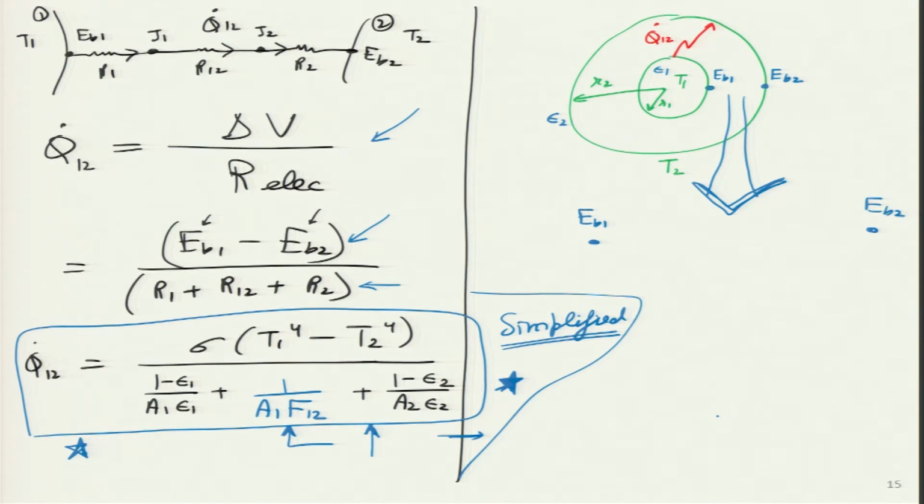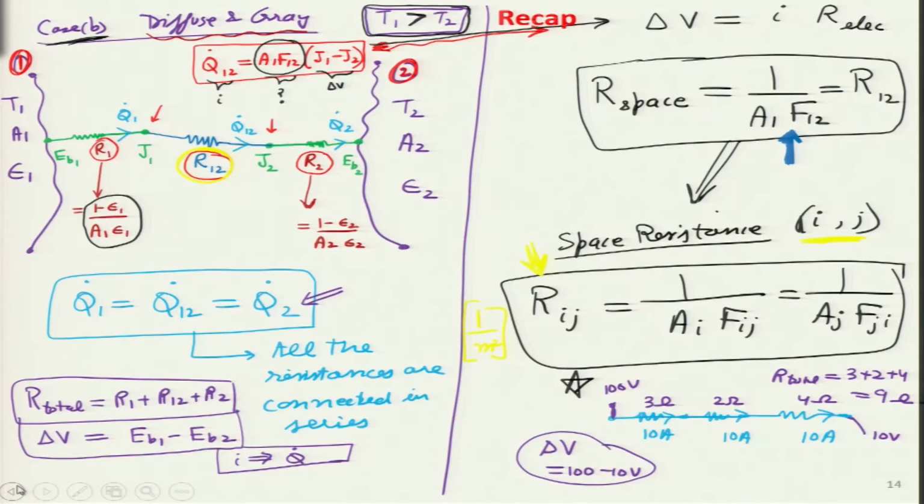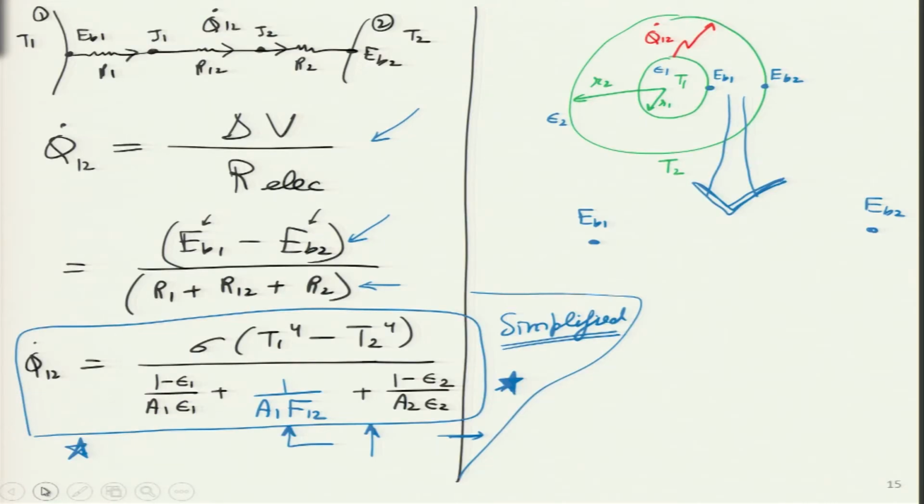I hope the students realize that what I have shown in this green diagram on the right-hand side is exactly analogous to what we were studying in the last class. So, I am putting a blue star on the left side. These two are exactly analogous. How are they analogous? Because we have these two surfaces which have certain temperatures known to us, certain areas and certain emissivities, and we have to calculate what is the current flowing through them, or in this heat transfer case, what is the rate of heat transfer going through them.